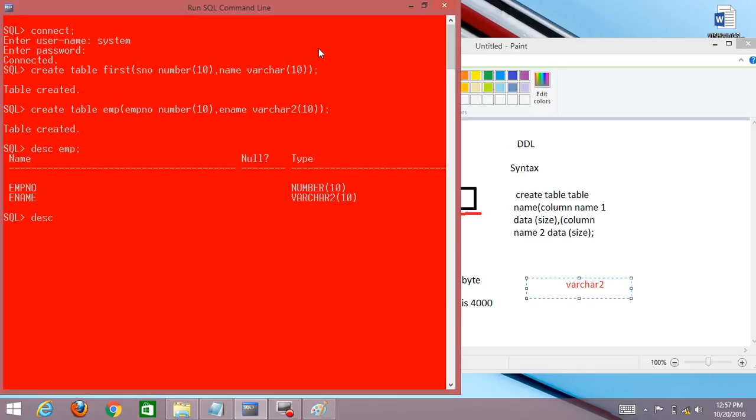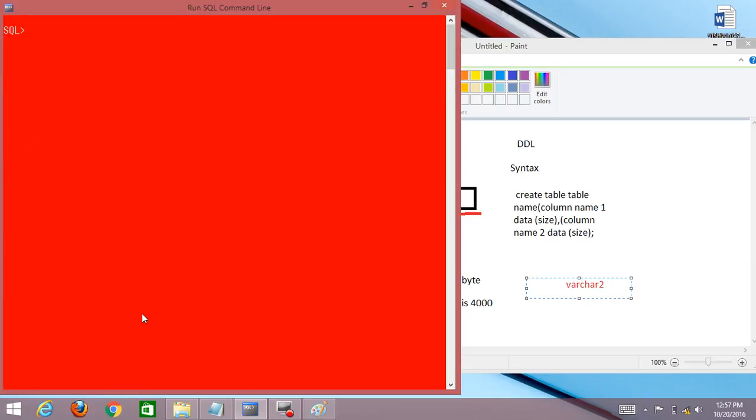DESC, name of the table, FIRST, semicolon, enter.